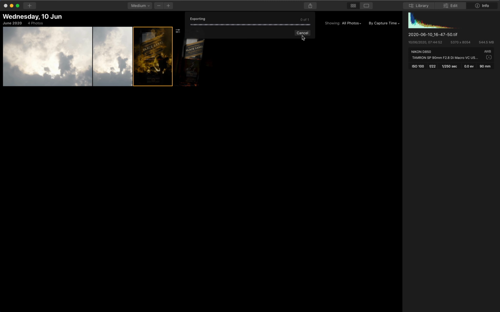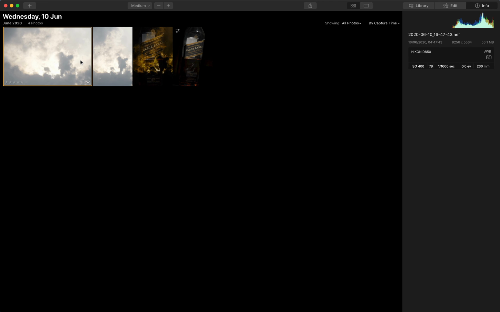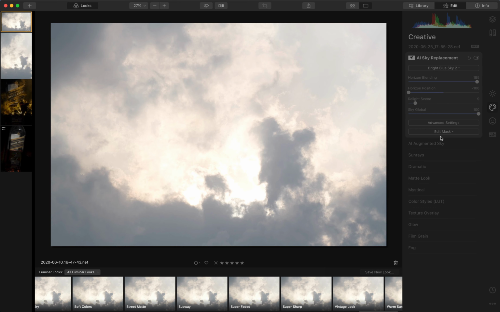But what happens here is, Luminar, even when you are editing a TIFF file with no adjustments applied in Luminar, is still exporting it and then taking it to Photoshop, which defeats the very purpose. I'm not too sure if this is by design or a bug, but it should be fixed, I guess.